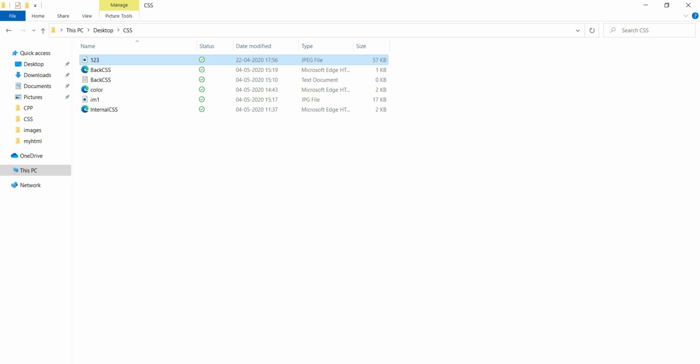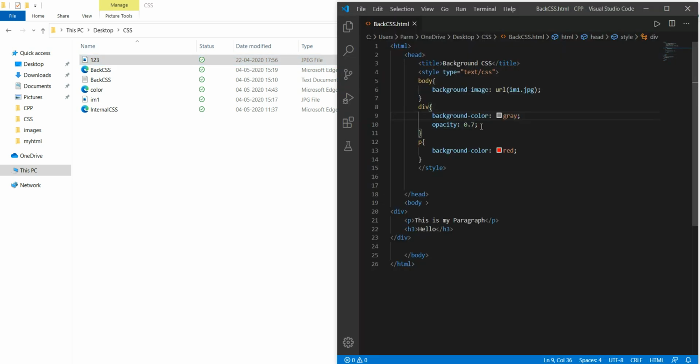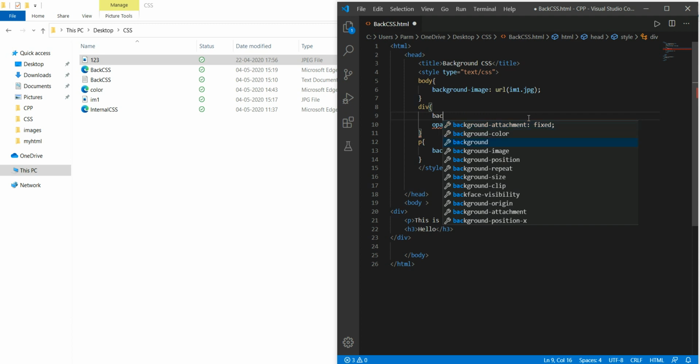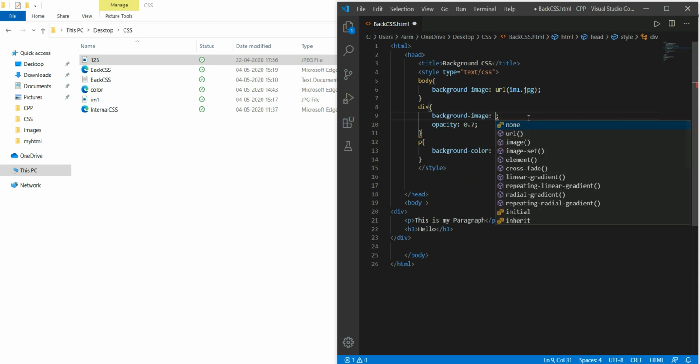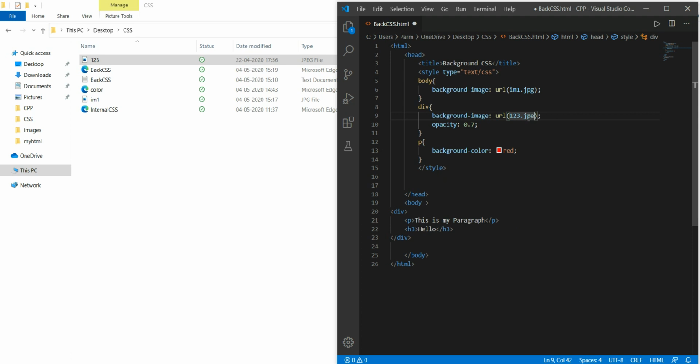So even I can apply the background image to div, like instead of this background color I will use background-image. Here we go with the URL, and I will use url 123.jpeg. This is the extension for this.